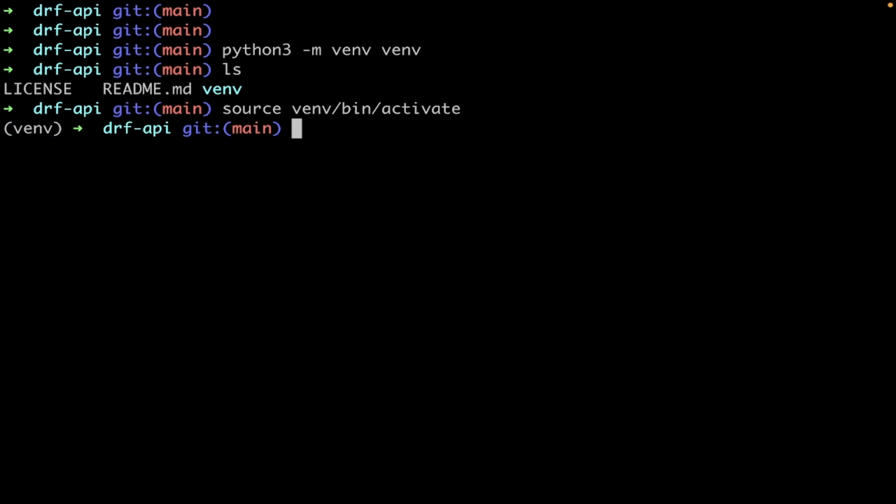Okay, next we need to make the necessary installations. So first of all, type in pip. I'm using pip. You can use whatever installer you want. I'm going to say install Django, pyjwt, which will be used for JWT authentication, and you'll see that later on. And then Django Rest Framework itself, and make sure you spell it all in one word. So djangorestframework, then